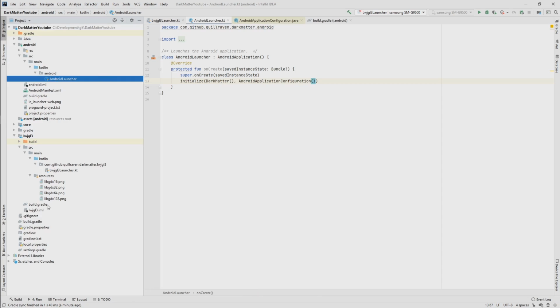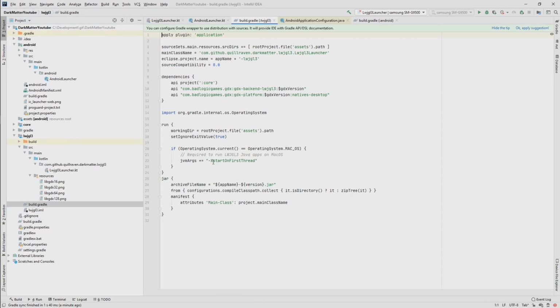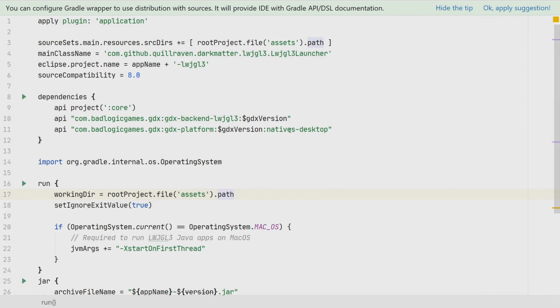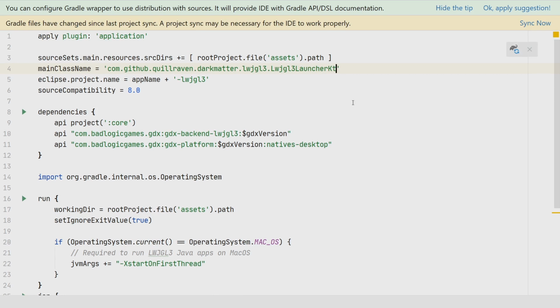And as I mentioned, or as we saw before, in our build Gradle file of the desktop, we see that currently our main class name is called like this. So this was from the installation before with the Java class. But since we are using Kotlin now, we need to change that to, if I remember, big capital K and small t for Kotlin, because every Kotlin file always ends with KT. And then also let's synchronize that one. And now everything should be still good.